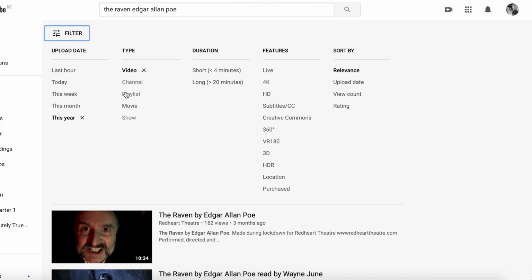If you want playlists, channels, and things like that, so this is kind of the same concept as if you were to go on the database and select an academic journal, a newspaper article, a magazine page or section, and then of course the relevance, the upload date, or perhaps the publication date would be important to take into account as well. You don't want something super old, but you don't want anything super updated either when it comes to literature,